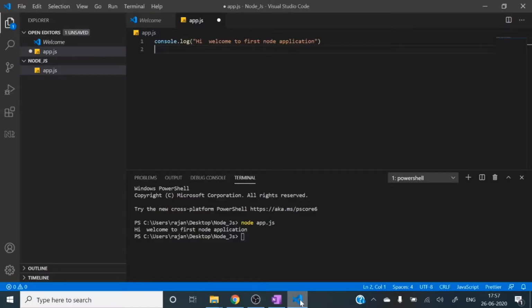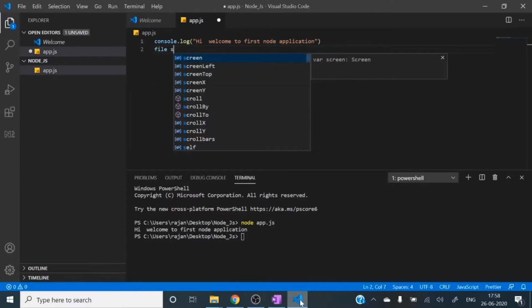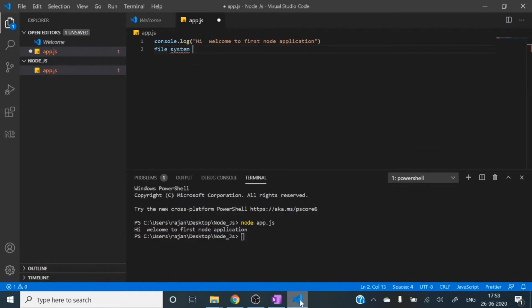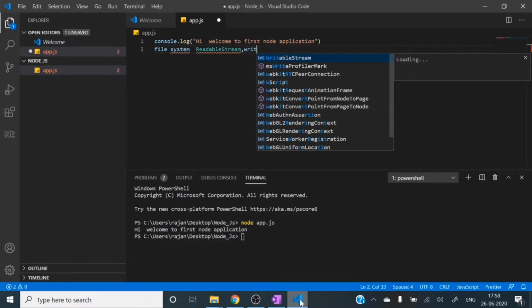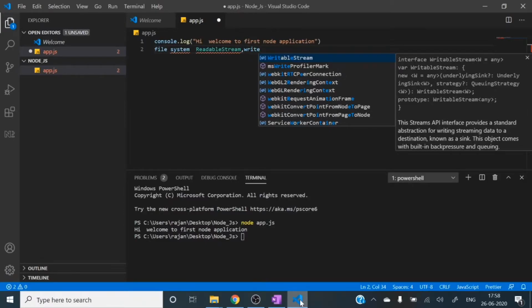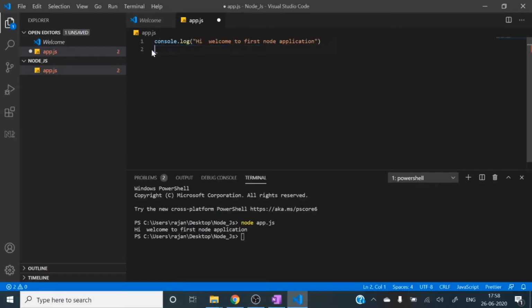Here I will use a core module called file system. It's called fs. So all the file related operations, like read and write, we can perform with the help of that core file system package or module, right? So let's first see how we can import that into our app.js file. So here is the syntax. I have already opened the file app.js.